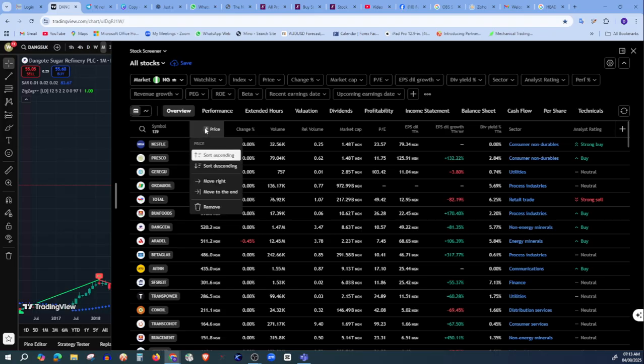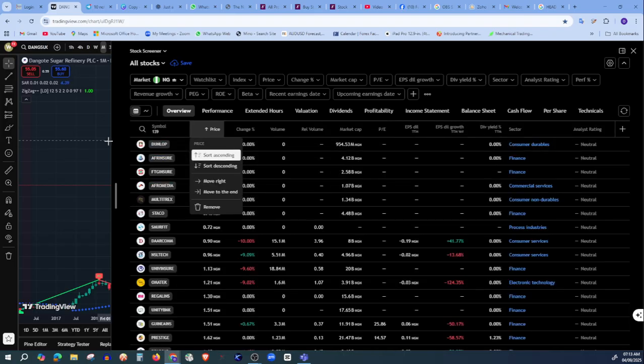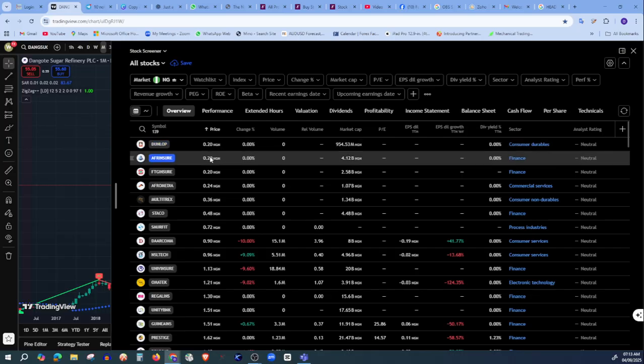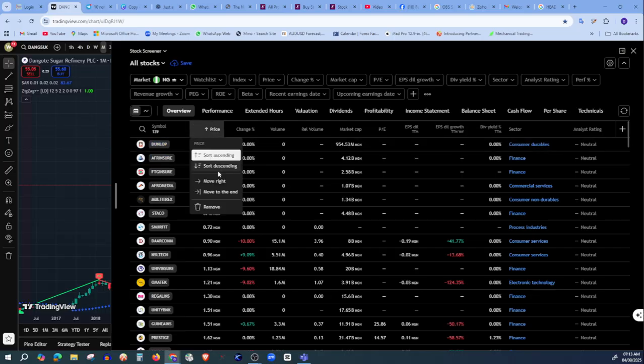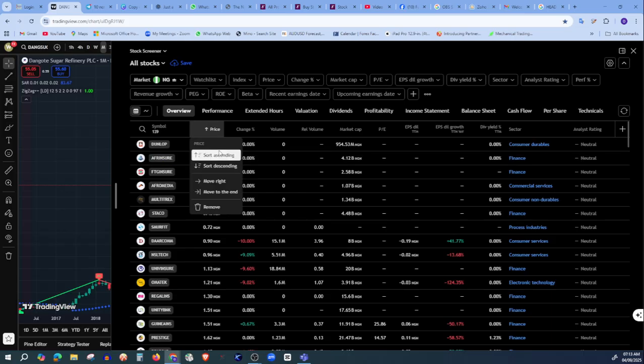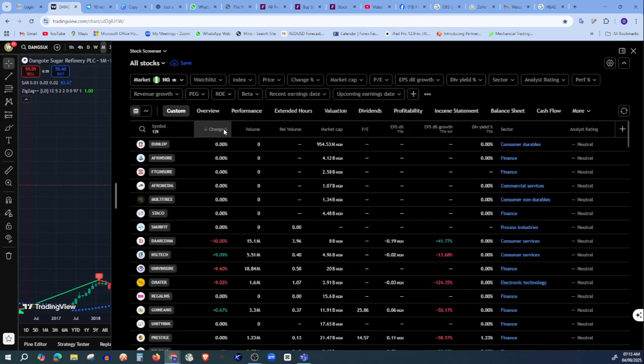You can also reverse it again. So from the lowest price stock, this is 20 kobo stock like that. So if you now want to add filter, you can also add filter. Instead of saying I want to sort, I can say, let me remove this first. I can say, let me sort based on,